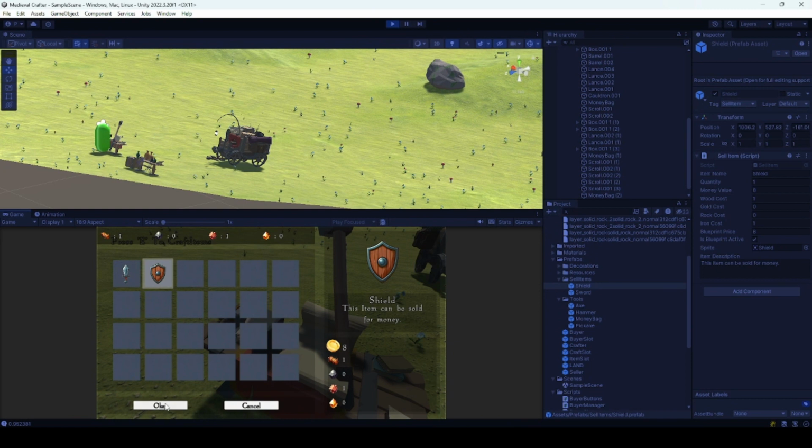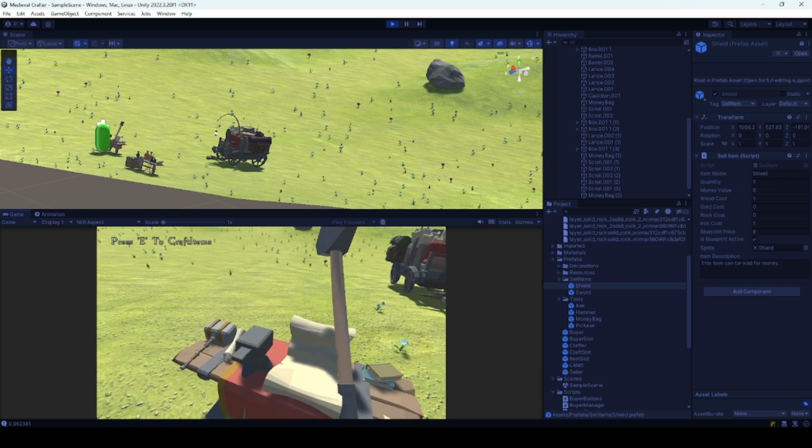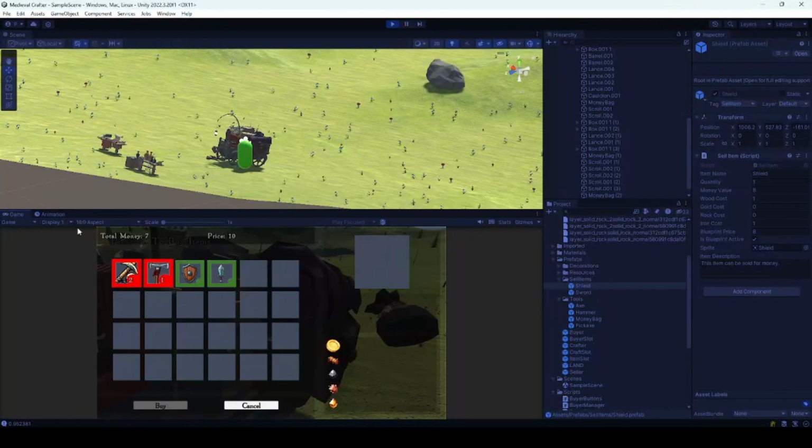blueprint. To do this, I just added a new parameter to the sell items, that is the blueprint price. And I also had to create the upgrade tools script and associated it to my tools to have the possibility to upgrade and increase the speed of the